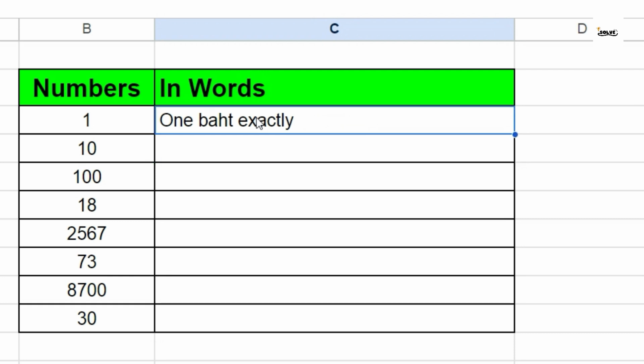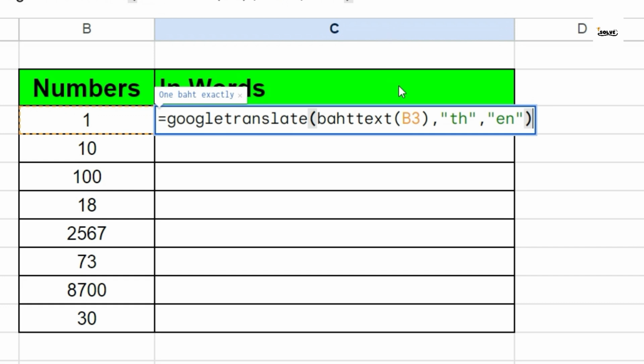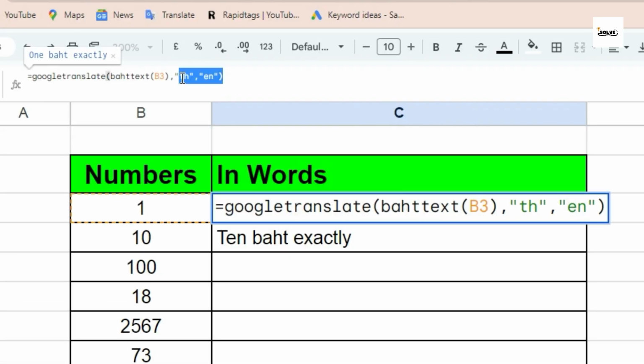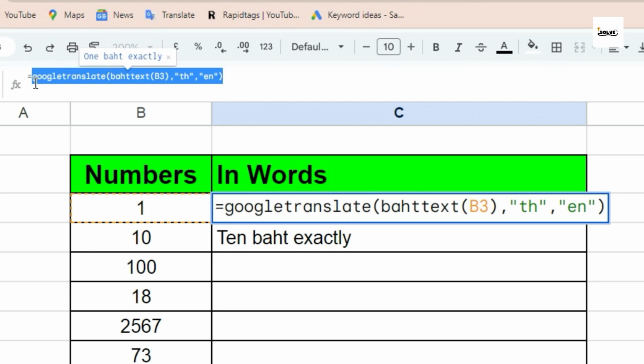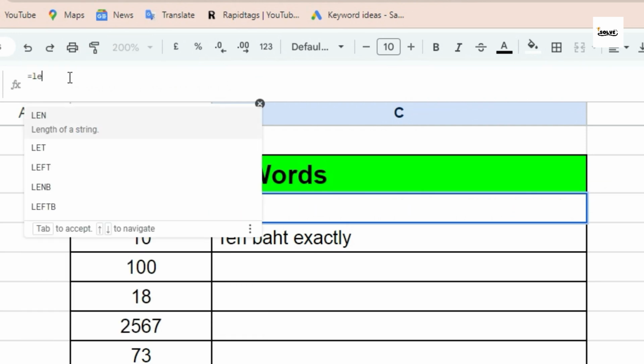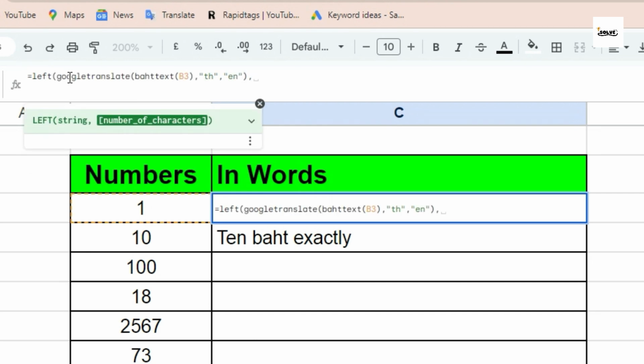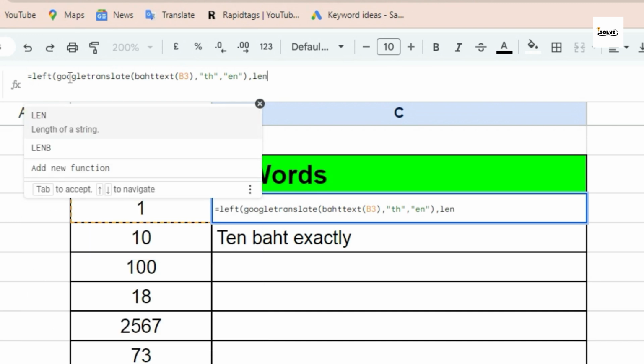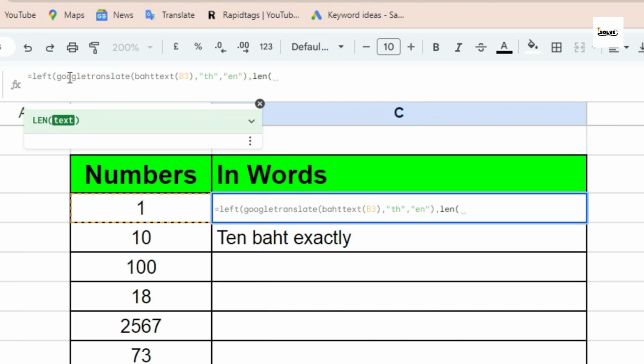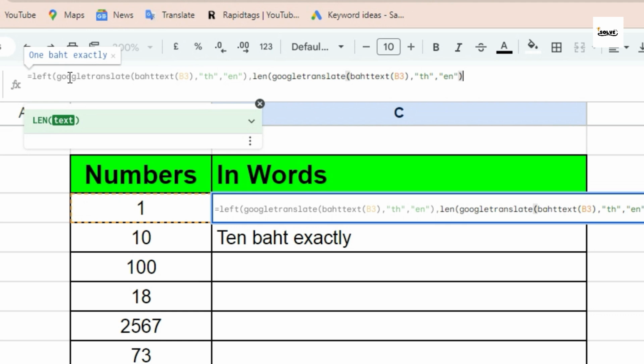See, the result is one, but this is not our required answer. So for the required result, we have to enhance the formula. Simply copy this formula, delete this formula and write another formula. Write equal, LEFT, open the bracket, paste this formula and press comma. Write LEN, open the bracket and paste the formula again, close the bracket and write